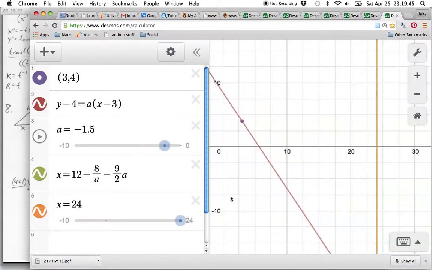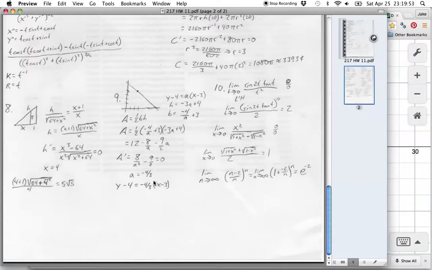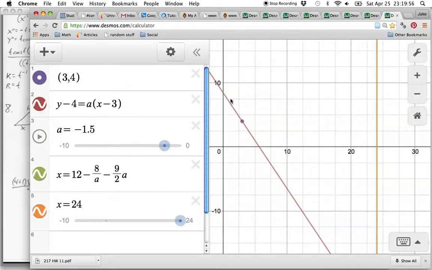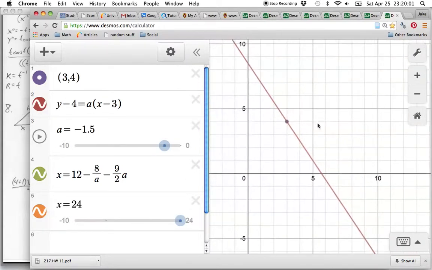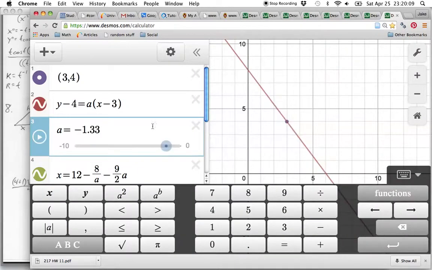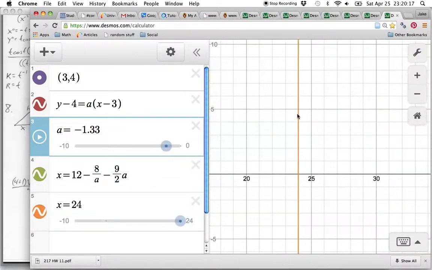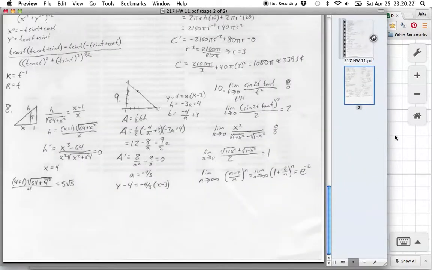So at that point, what that area is, I want to find the slope during that, and that's what we did here with the negative 4/3. And if we zoomed in, we could get a sense of that being negative 4/3. Our A is slightly off there. There you go. So we can see that better. And we could see that our lines match up. Okay, so that gives us 8 and 9, and then the next video we'll finish up